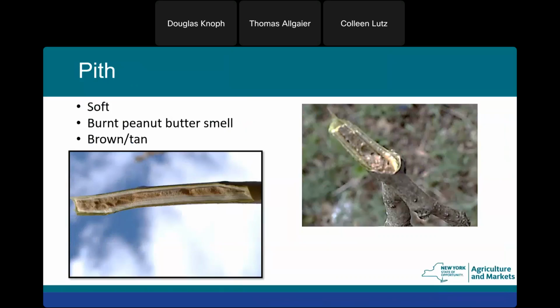Another way to check is the pith. The center part of the twig is a very soft tissue called pith. It's almost like a hollow cavity, and it smells like burnt peanut butter from what I've been told, although I've never burned peanut butter. I don't know what it smells like, but I can tell you it's not a pleasant smell. So if you break it open and have this acrid, unpleasant smell, and there's pith, it's probably Tree of Heaven. Sumac also has pith, but it does not have that same odor, and it's a tan, almost light peanut butter color as well. So, next page.